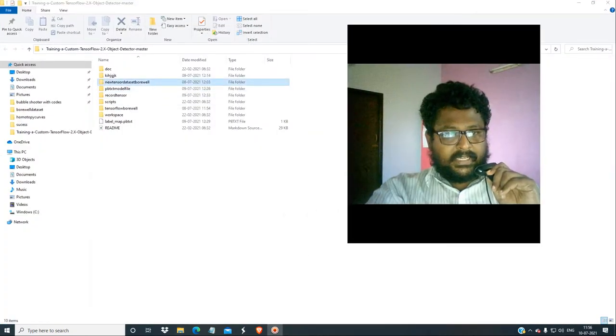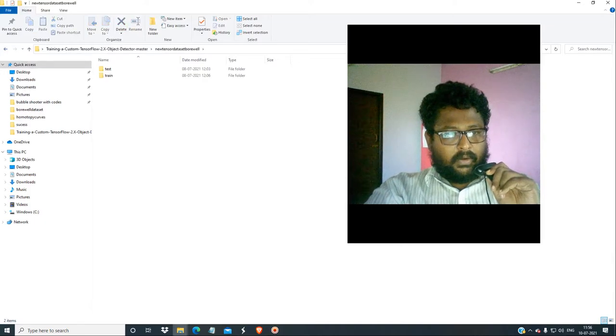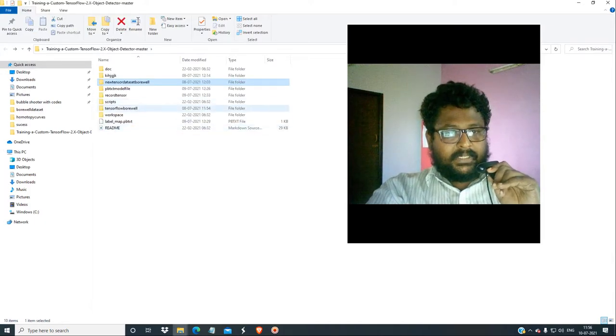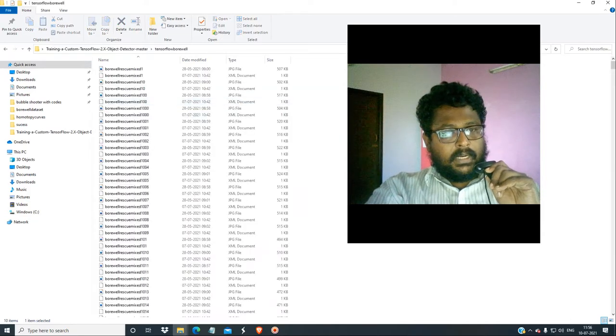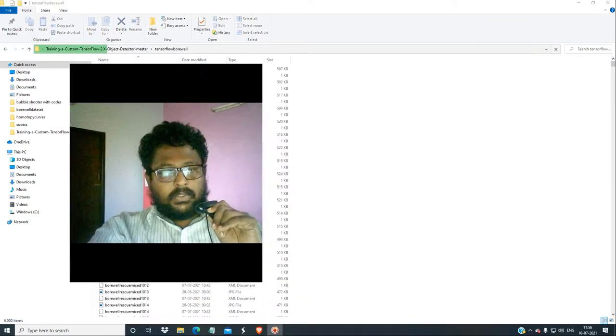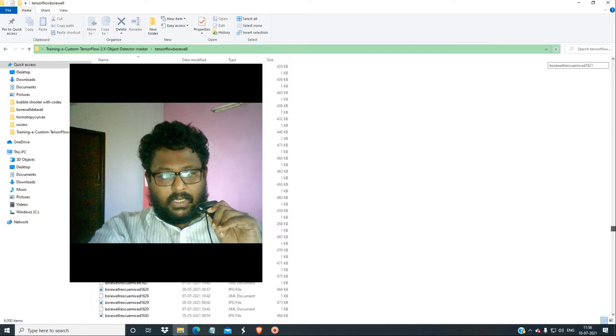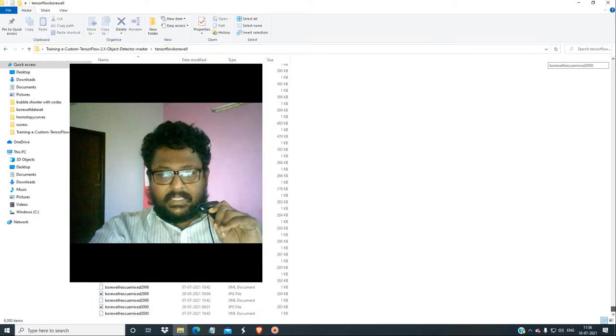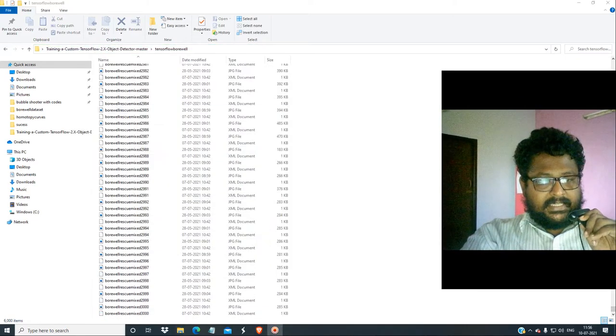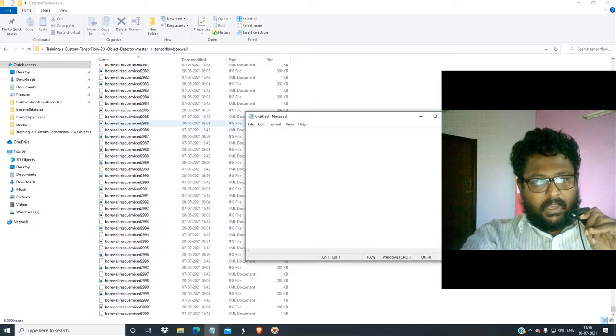We have to split it into TensorFlow format. This is the total number of images, nearly 6,000 images, with the annotation in XML format. If you do it in XML, what would be the format?